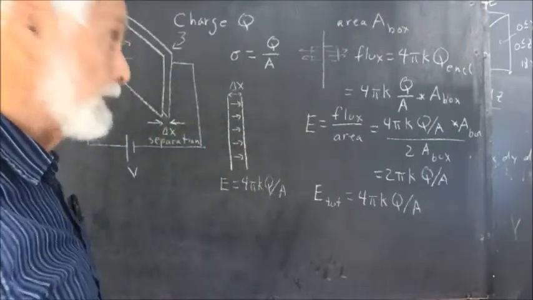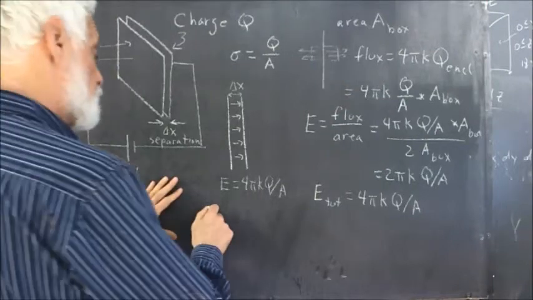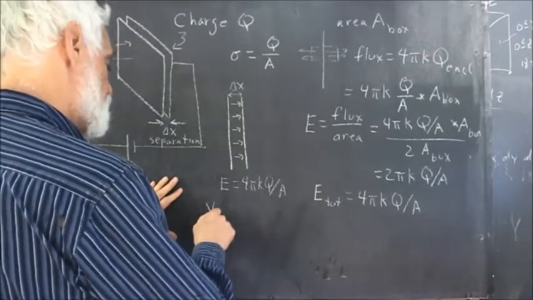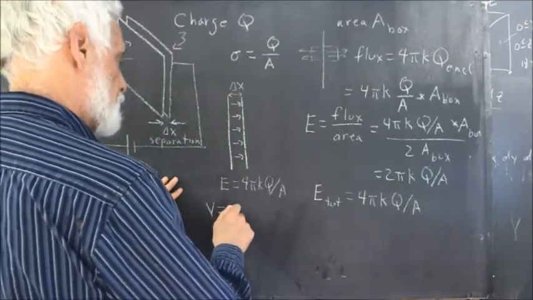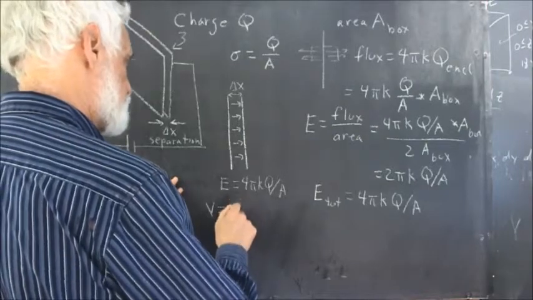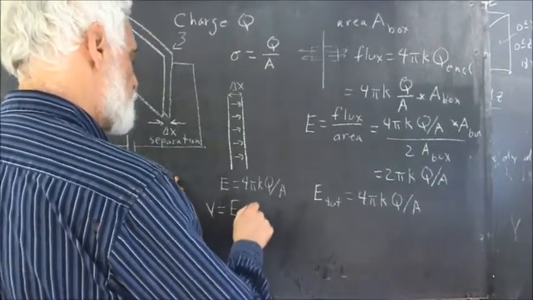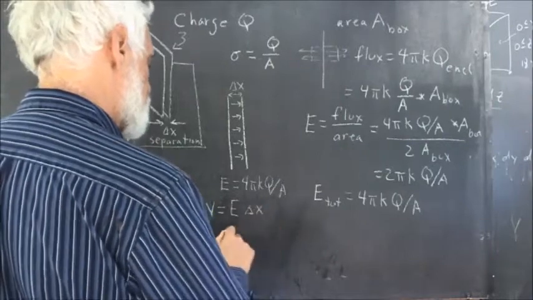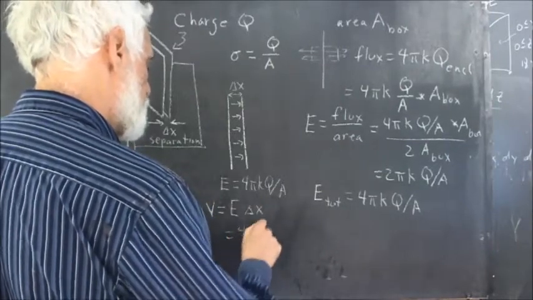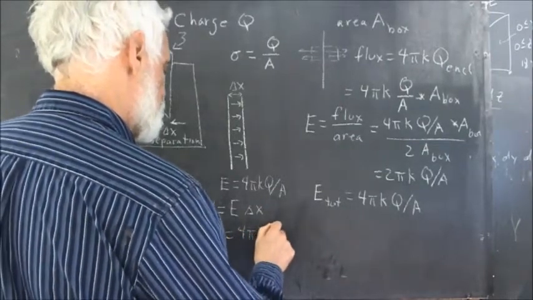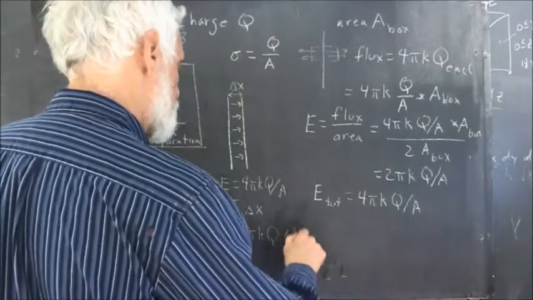It's going to have us parallel to the field, so that the voltage of the plates is just E delta X equals 4 pi K Q delta X